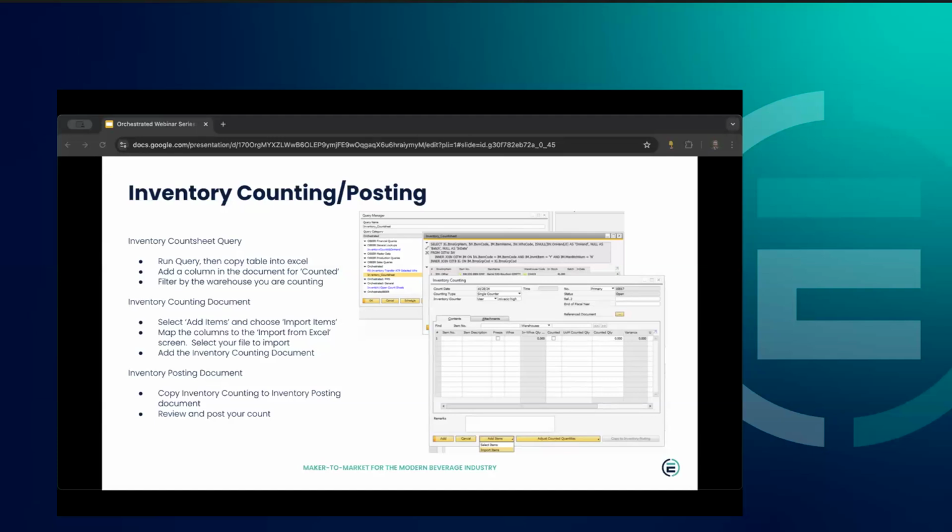And then there's going to be another screen that pops up where you map the columns to what the file is you have. And then you're going to select that file that you have on your computer, and you're going to say add to the inventory counting document. Once you've done that, you're reviewing that inventory counting document. Everything that's been filled out should be all set there for you, but just review it. Again, check your dates, just review and make sure